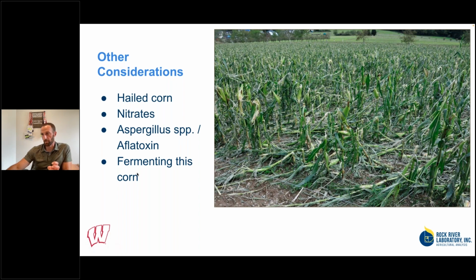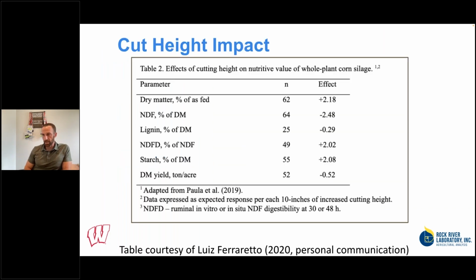And like I mentioned before, fermenting these extremely stressed corn crops for silage is going to be one thing that is within our control. So bacterial inoculant, exceptional packing density, chop length, kernel processing will depend upon the type of corn that we're chopping. Cut height, like I mentioned, for drought-stressed corn, probably not going to be anything that we're going to do a lot with,